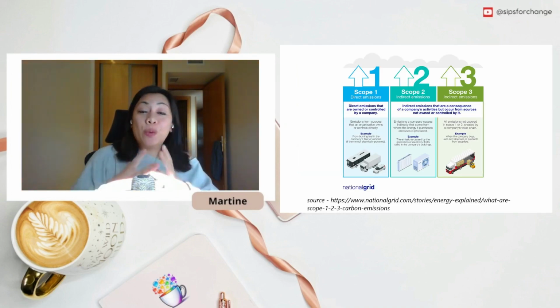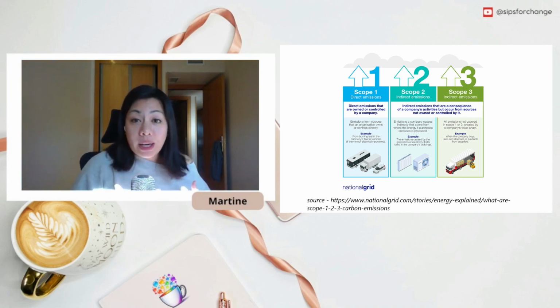Also, here's a quick recap of what the Scope 1, 2, and 3 emissions are. Scope 1, direct emissions by the event host and or venue, like fuel burns on site or transportation of equipment by the venue. Scope 2, indirect emissions from electricity. Scope 3, everything else like attendee travel, accommodations, and catering. Oh, yes. Thanks, Martine. Sometimes I nerd out and forget not everyone lives and breathes this like I do, so thanks.